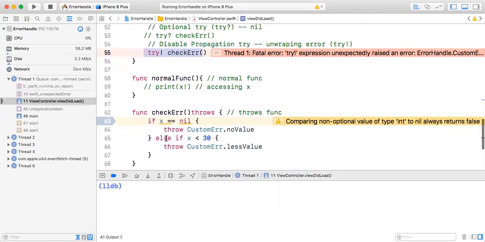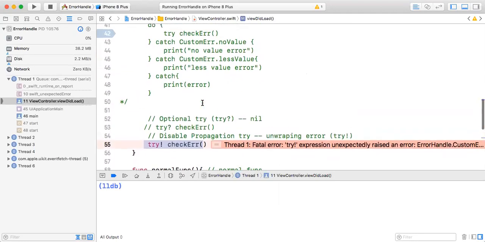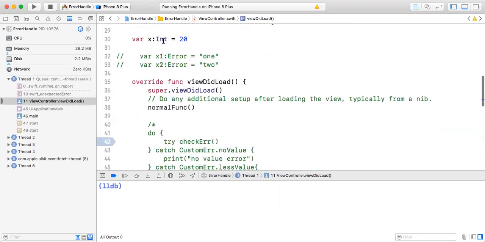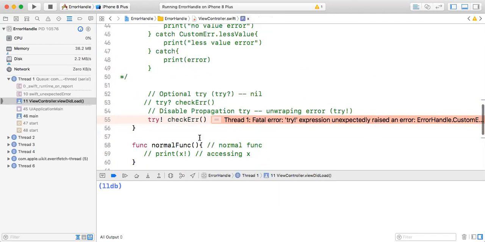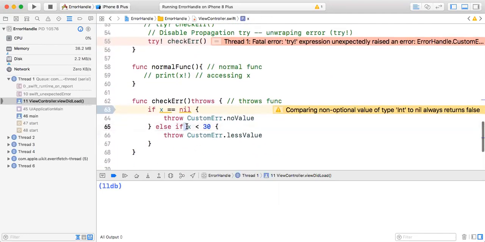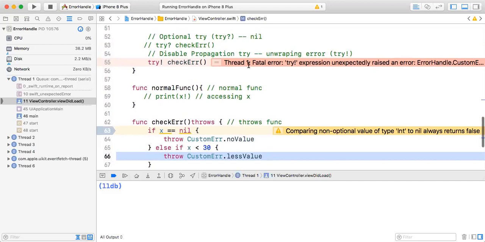Here this function is throwing the error. What error is it throwing? My value is 20 and it will come to this block, x less than 20, and here I'm actually throwing the error. So at runtime my application will crash and you are not able to handle the error. Now if I don't throw any error here,